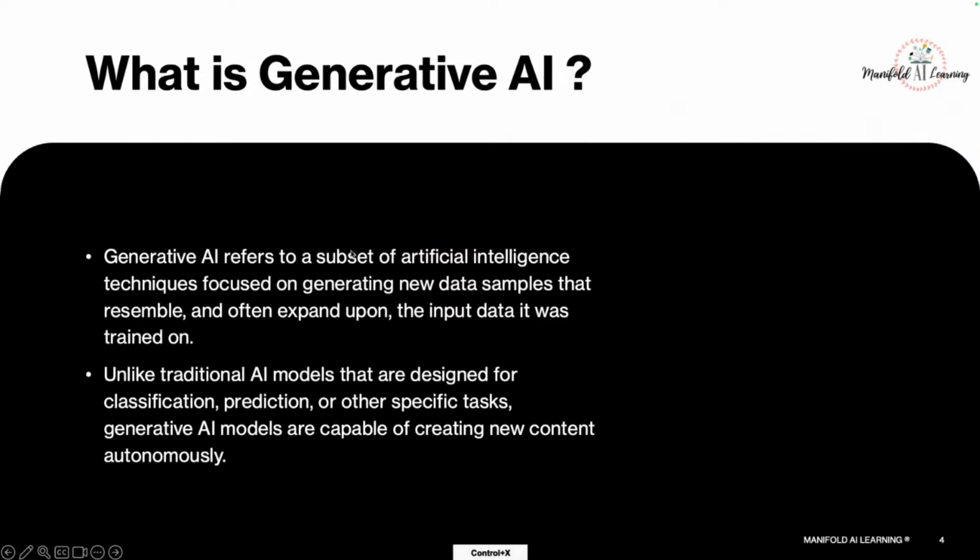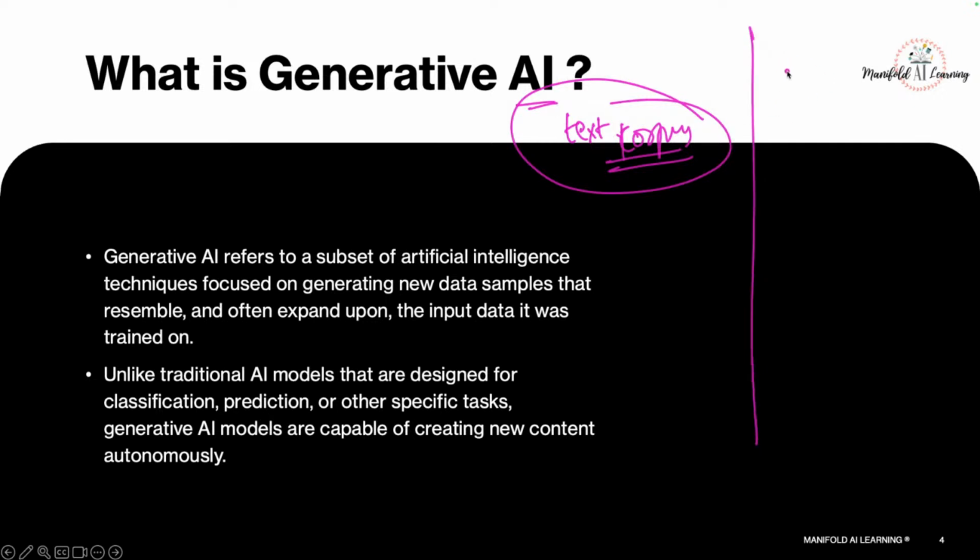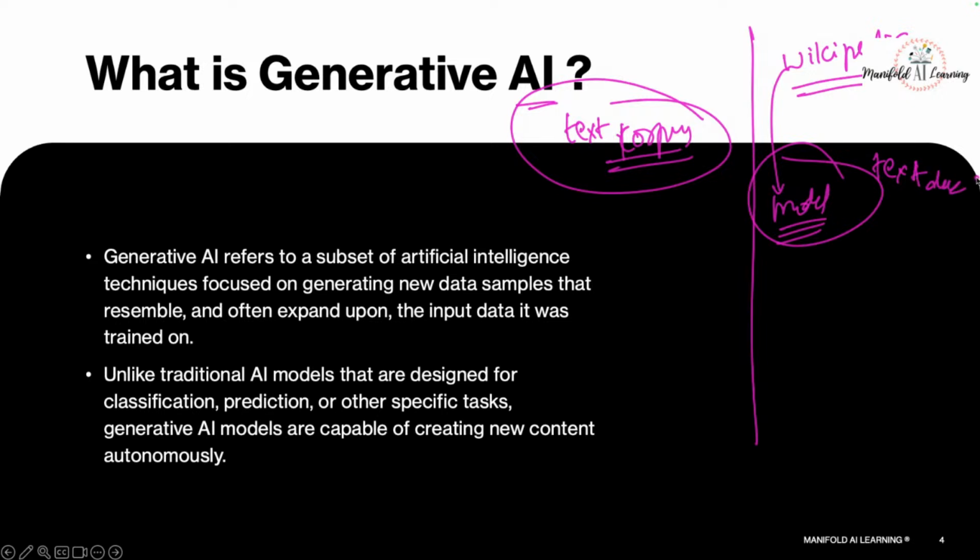Now, in the case of generative AI, I'll provide a large text corpus, and I will allow my computer itself to learn the pattern in this large text corpus. I'll give an example. Let's say I provide the entire text that is in the Wikipedia database. Wikipedia has content from multiple domains and it has quality content. I'll provide the content of Wikipedia to my model, and the model will learn the entire pattern that is present in this text data.